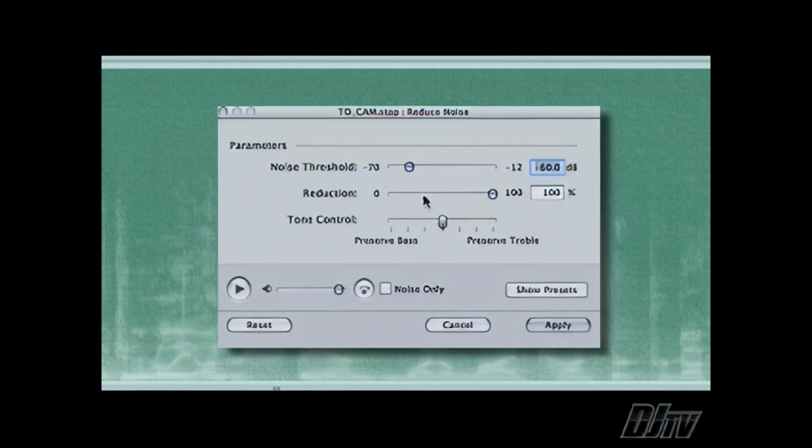The setting for noise threshold, reduction, and tone will vary according to how much noise you have, so hit the preview play button and experiment with the settings until you get rid of most of the noise and retain most